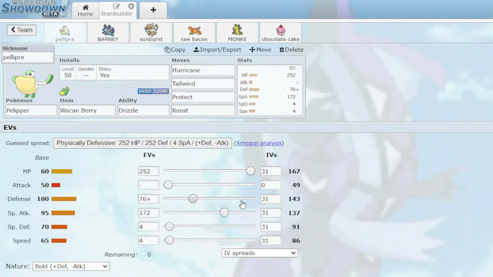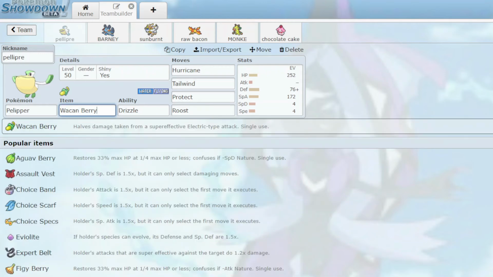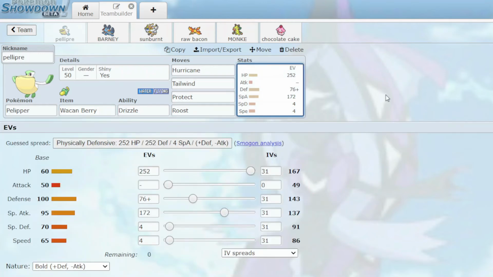This defense is the bump. It gives me like one extra point. And with Wiki berry, I can live even a Wild Charge max attack adamant from Zamazenta. That's like the hardest hitting thing. Even like a Choice Band Urshifu Thunder Punch, I can live with the berry. I can live one. And then we have Protect, Roost, Tailwind, and Hurricane just for that speed control and that